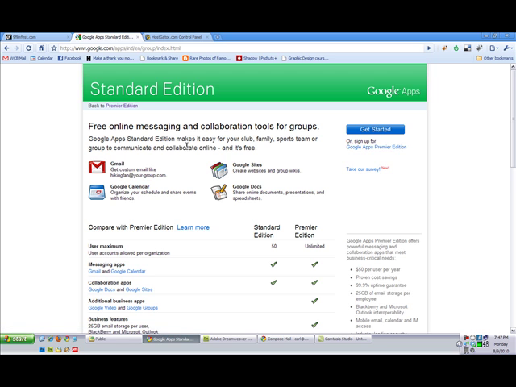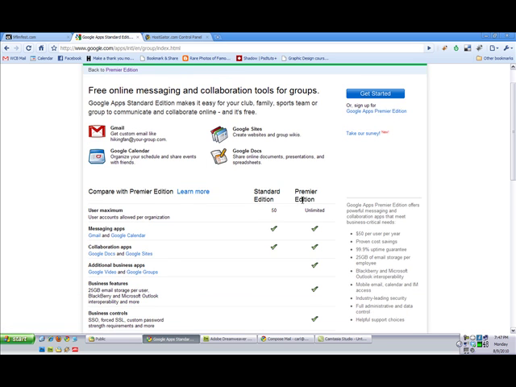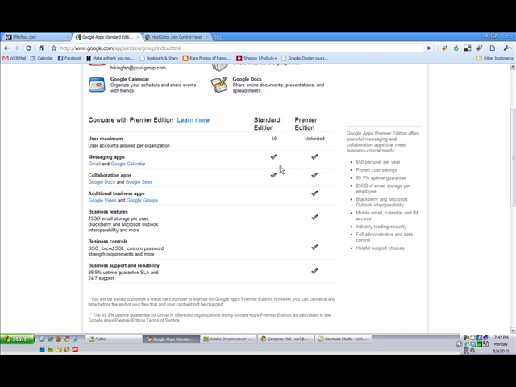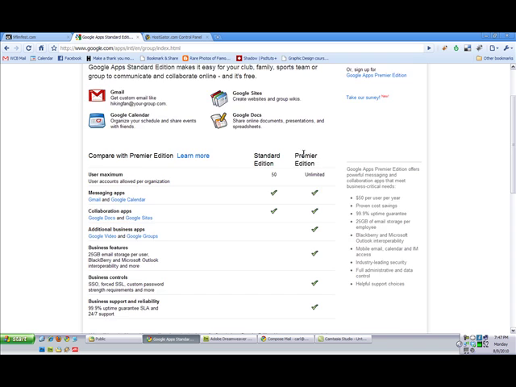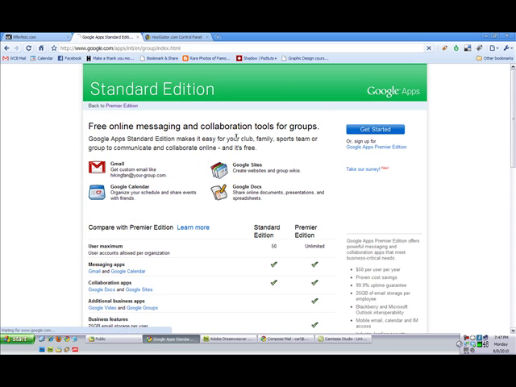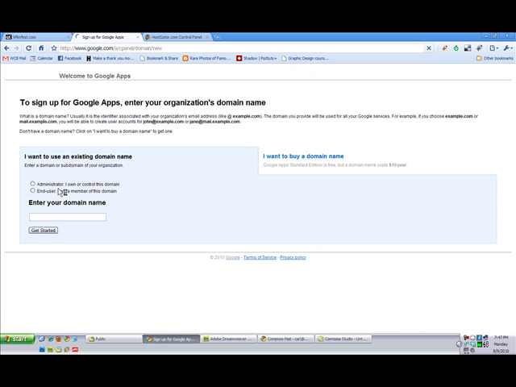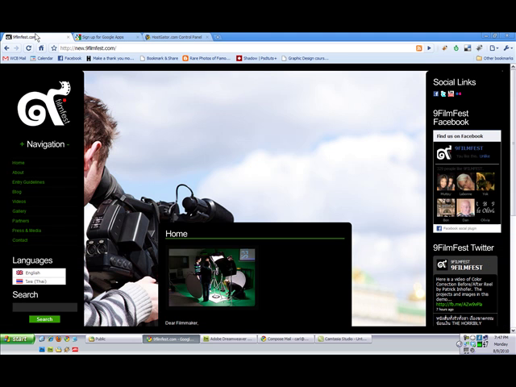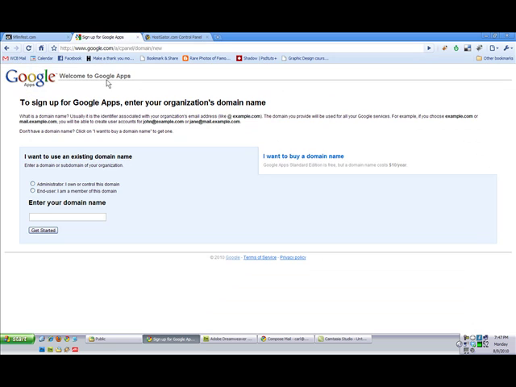Okay. When you're there, what you need to do then is just look at the differences there. With the standard edition, you get like 7 gigabytes anyway, so you'll find it fine to use. Alright, so just get started. Okay, so first thing it'll ask you is if you're the admin or you control the domain. Now we control 9filmfest.com, so we just click on administrator and then do www.9filmfest.com. Okay, you can actually buy the domain as well. So just click get started,